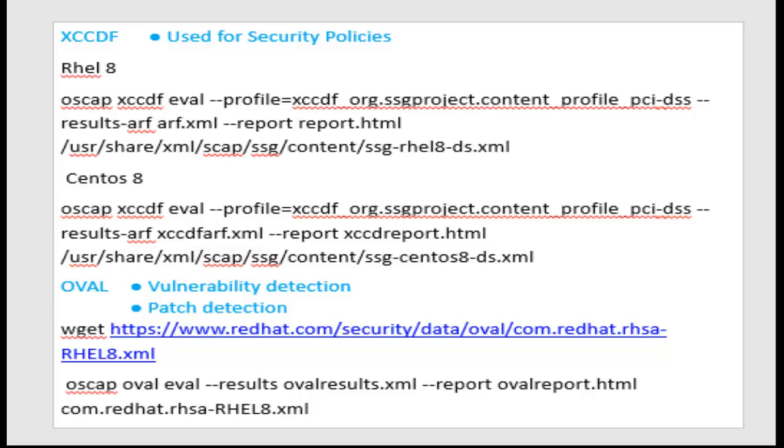So what is XCCDF? XCCDF is the Extensible Configuration Checklist Description Format. The primary uses of the checklist language standard are authoring checklists and executing checklists. XCCDF is a checklist language most often used for security checklists.